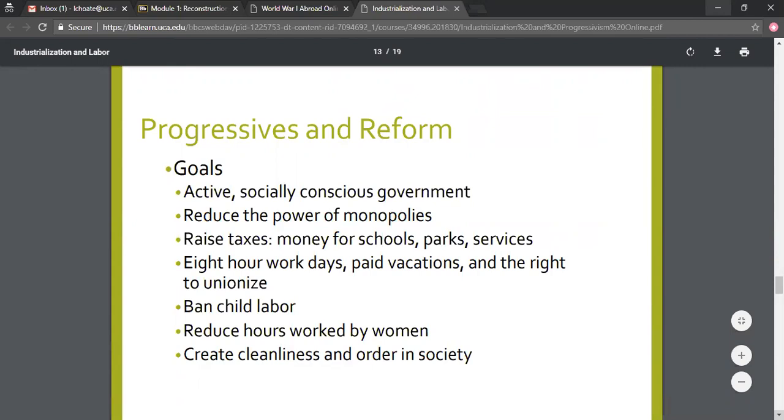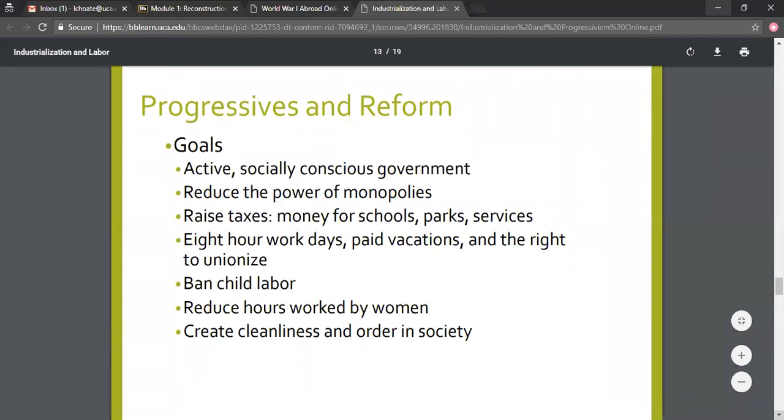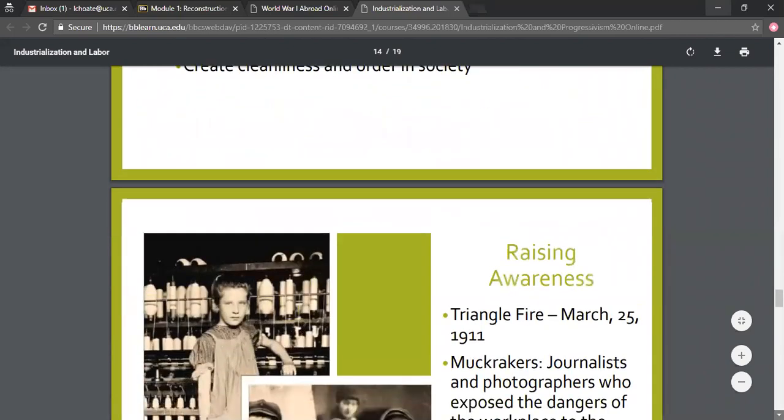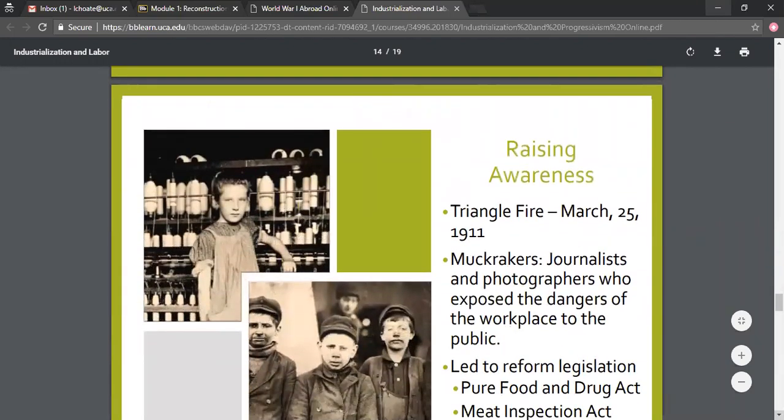And they wanted to reduce the hours worked by women and generally create cleanliness and order in society. That's just a brief overview. Your book will give you more information about those things, but that gives you an idea of sort of what the purpose was for these